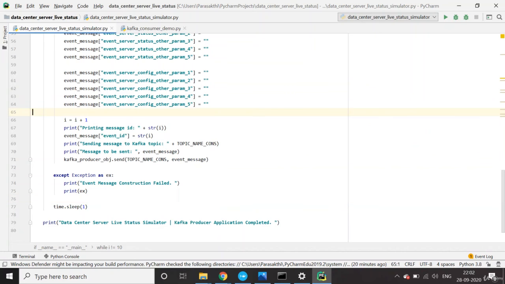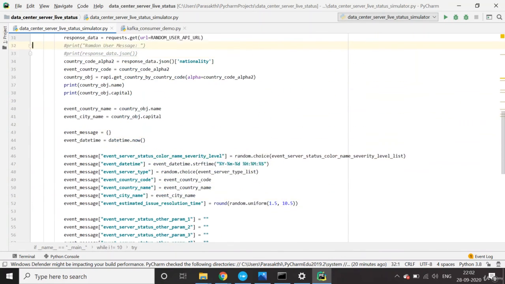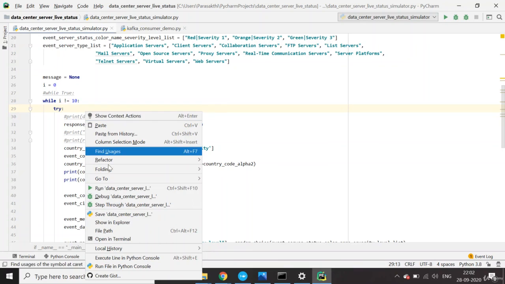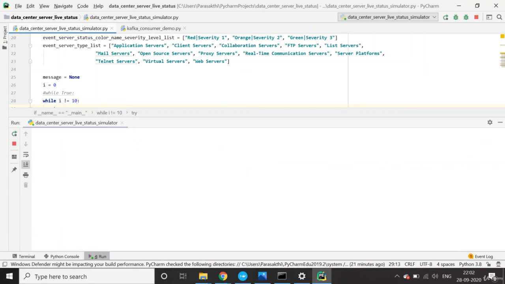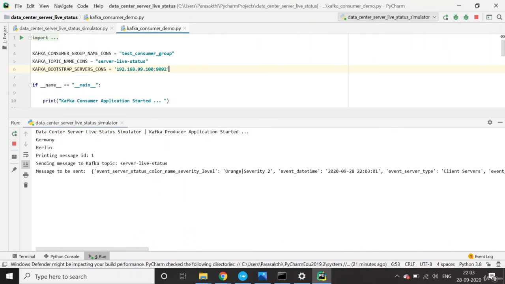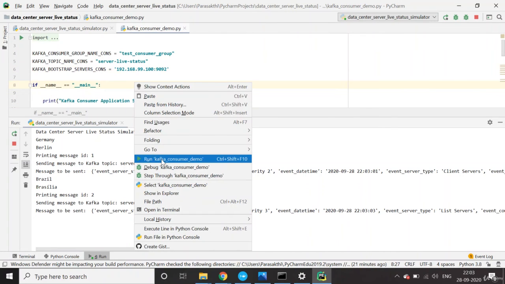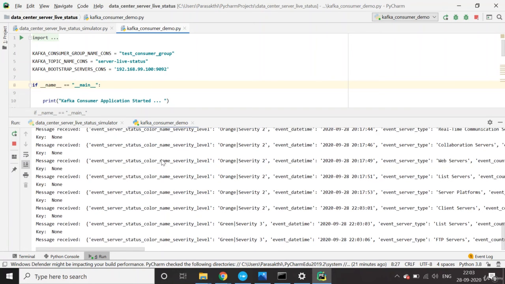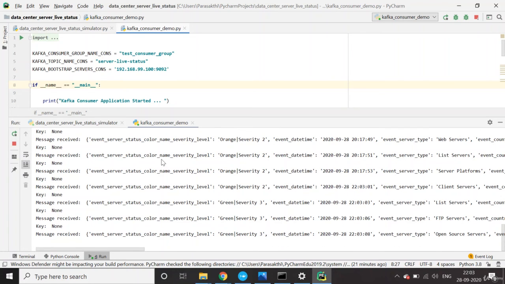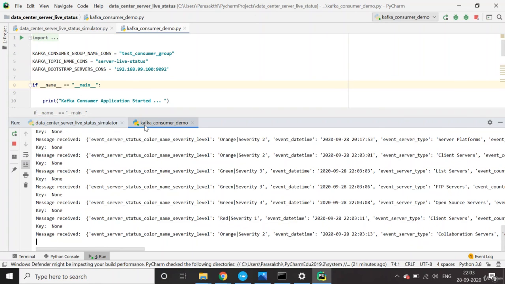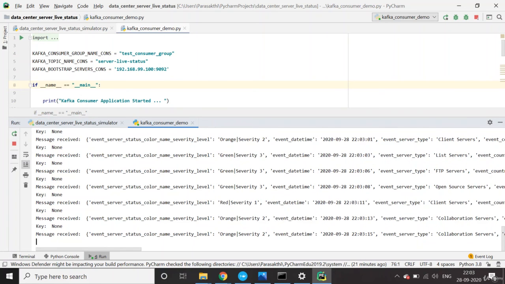It is going to generate 10 messages. Let's generate 10 messages to check whether it is publishing correctly. So we can run this consumer program. In our case the Spark streaming application is going to be the consumer program, but just to verify, we are running this consumer program to see whether it is working or not.